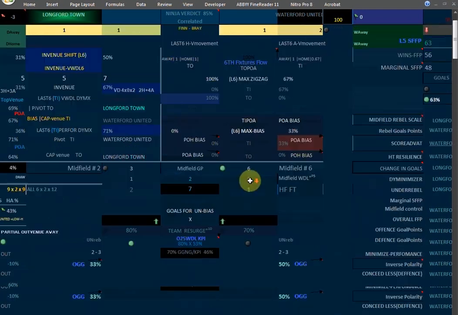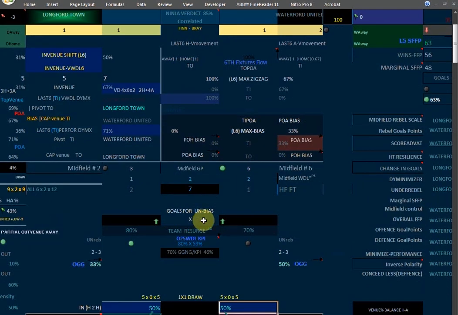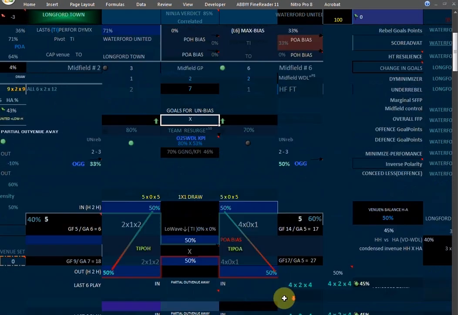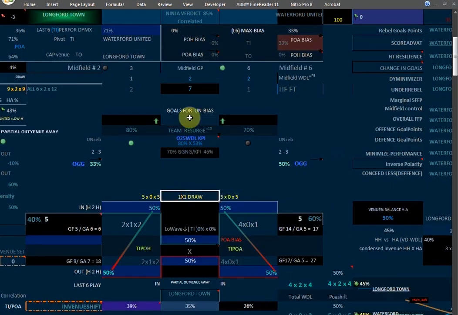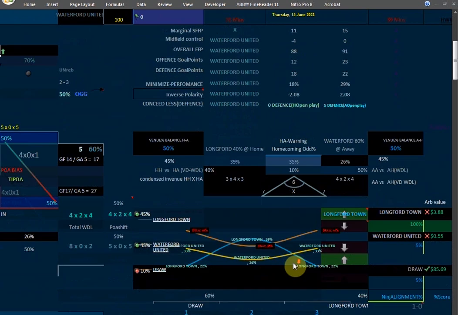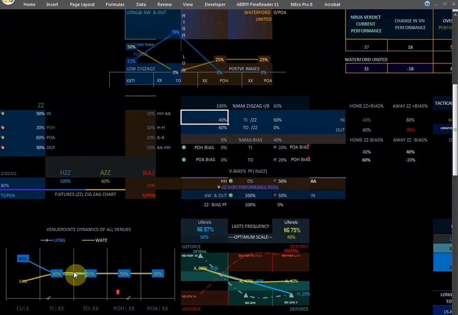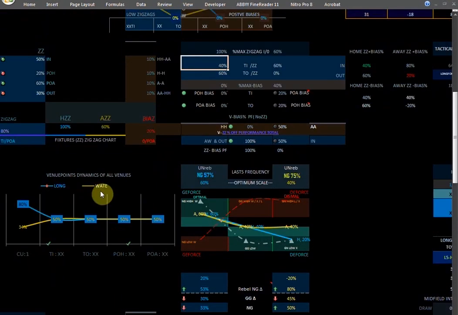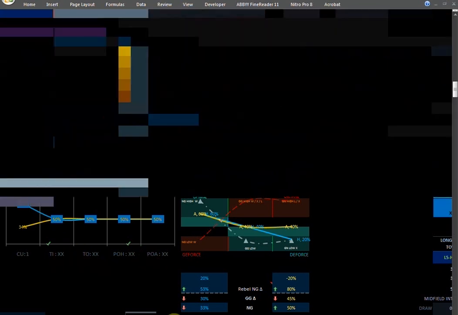You can start detecting a lot of X's appearing. You can see over here. That's an indication there's something. And the table over here too, you can see the draw, this orange line on top is high. You can check out the meetings page over here. Venue points, dynamics, all venue, you can check out, you can see all access. I come to the table.